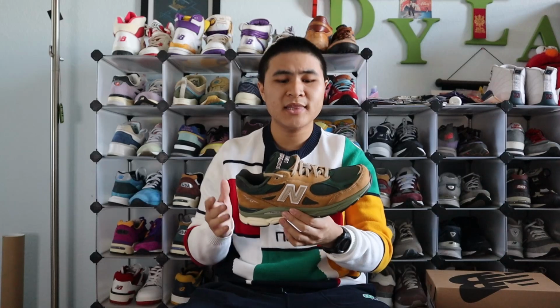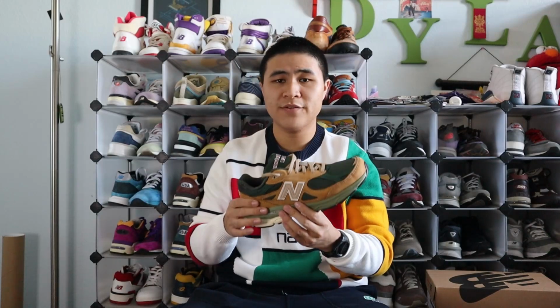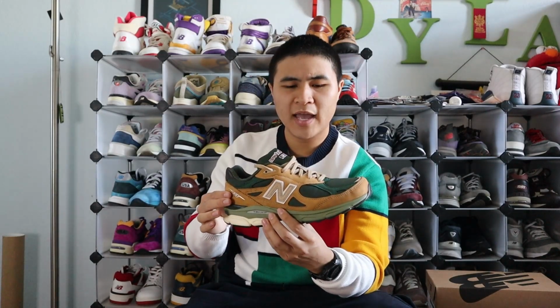And coming in at number 11 is another Teddy Santis shoe, this time the V3 in the tan and green colorway. This shoe released earlier in the year and has definitely held up against the newer releases. This was definitely one of my favorite neutral tone pairs of the year, especially when it came to the Teddy Santis releases. I especially love how it utilizes nubuck as the base of the shoe, and it also utilizes canvas